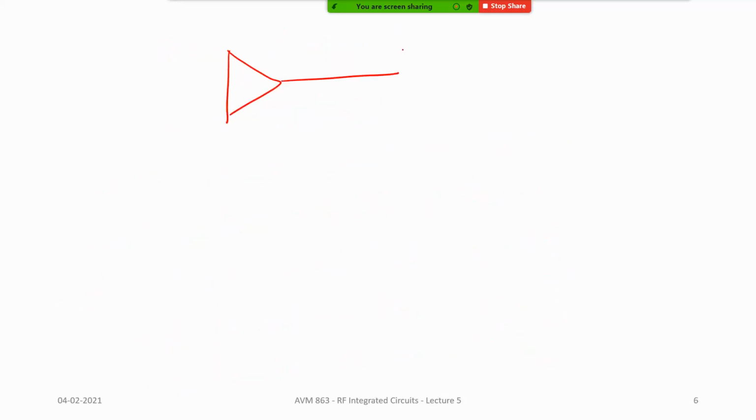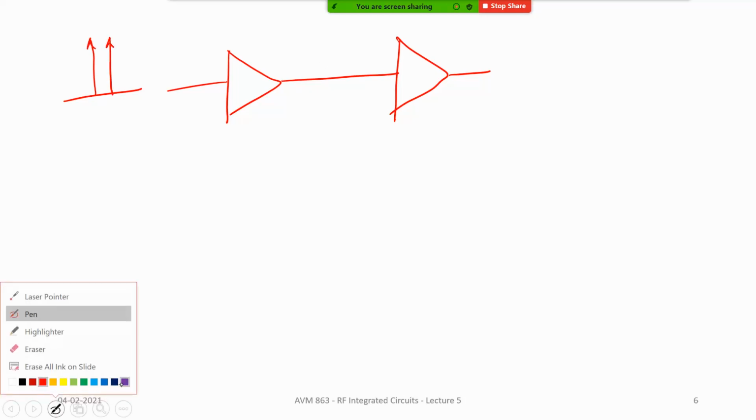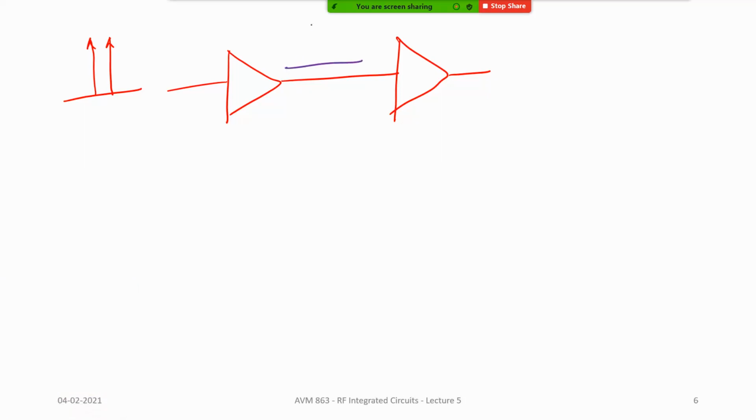This is A1, A2. The spectrum here is just two tones, and the spectrum here is going to be F1, F2, 2F1 minus F2 and 2F2 minus F1. This is the spectrum at y1 of t. Let's say this is beta, this is alpha. Now what will happen at the output of the second amplifier? That is the question. I hope it's very clear.